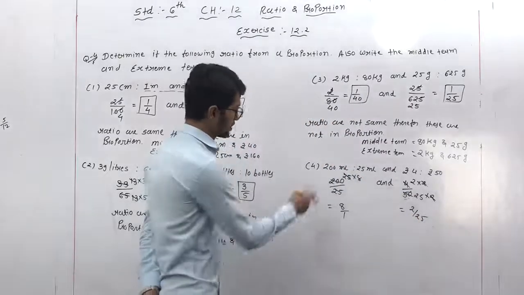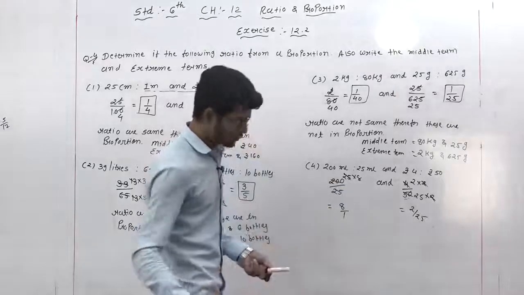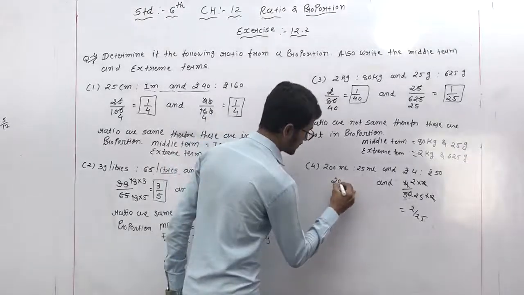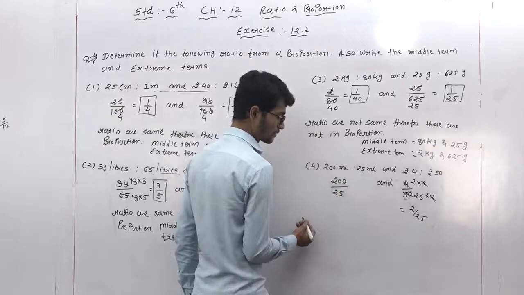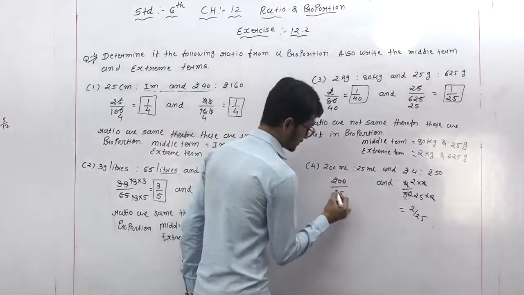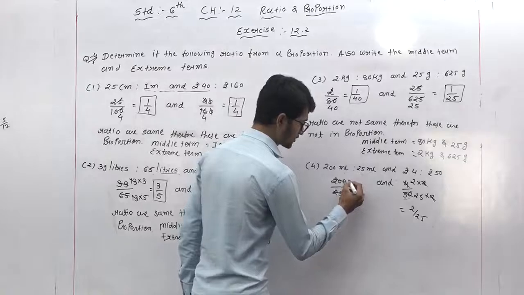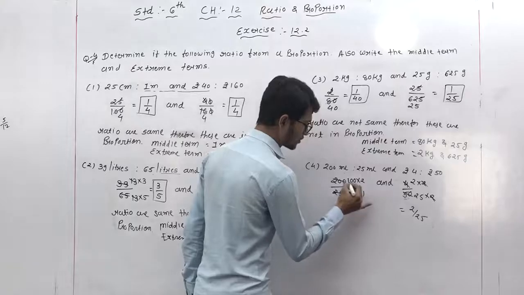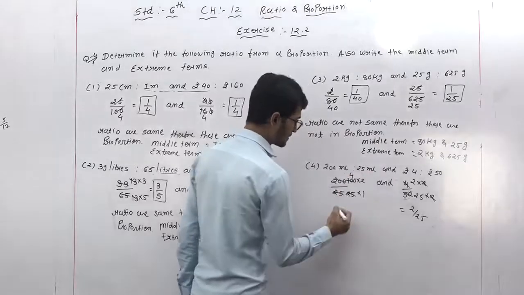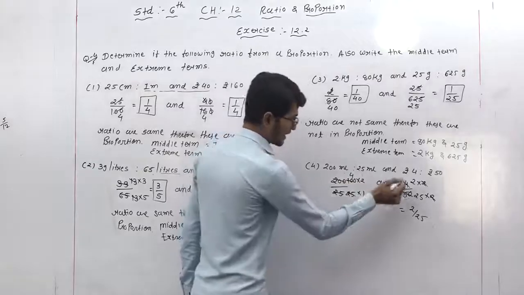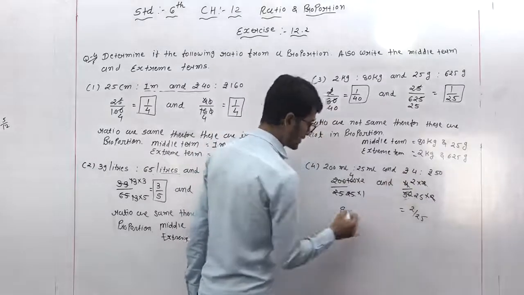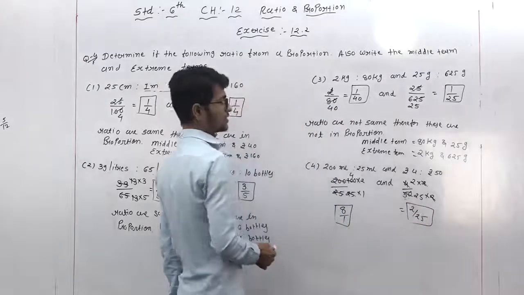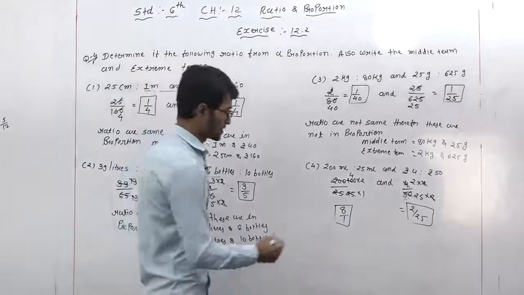Okay, same we have to cut. If you do not understand this one, you have to use another method. You have to cut here, 200 by 25, right? See, if this 2 is cut, so 100 multiplied by 2. Here we have to cut, 25 1s, 25 4s, 4 multiplied by 2, which means our answer is 8. And here 4 by 50, so our answer is 2 by 25. Here is 8 by 1 and here is 2 by 25. It means these two are not the same, ratios are not the same.